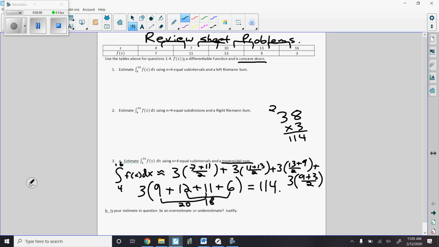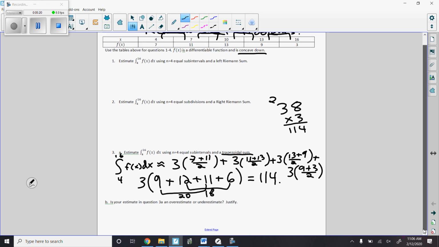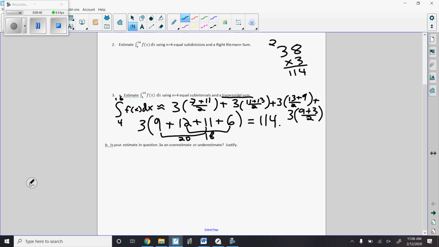Notice I took some steps there to make my approximation that much easier to do. But here's the question I'm more interested in: is this an overestimate or an underestimate? Justify. This is when we need to understand. Whenever they ask you this, go back to the prompt and see, oh yeah, I underlined that this thing is concave down. Concavity is going to tell me whether a trapezoidal sum is an over or an underestimate. And what I can do is just sketch